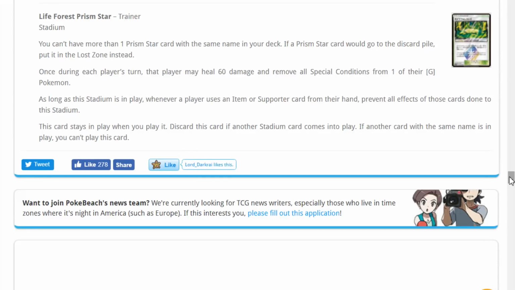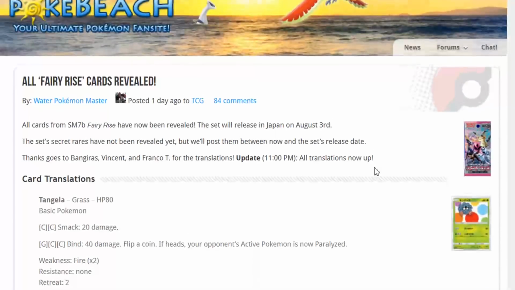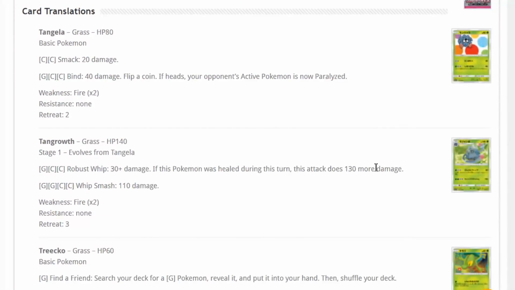Which, you guys know me, I love playing these bulky decks. You guys know how much I like that Virizion card, so maybe it could pair well with Virizion. Who knows? You can switch between Virizions and attack with them and let them heal and stuff like that. Who knows? We'll have to see. But